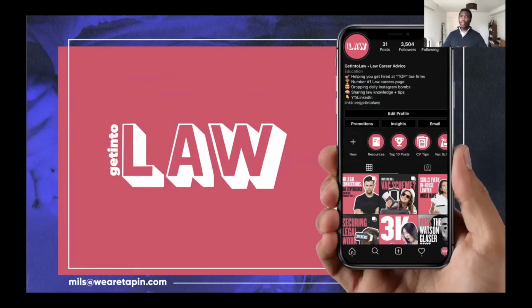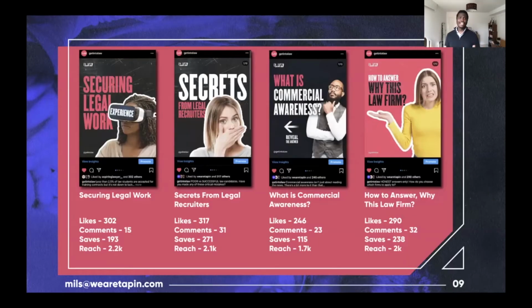And so what we did was that on the 1st of June, we incepted this new page and we inundated it with lots and lots of valuable content around information that you need to actually get into law. And over the course of the last 4 weeks, I think the slide here says 3,500, but I believe as of this morning, we're now on 3,800. And by the end of today, because we're growing at about 150 to about 200 followers a day, we should have hit that 4,000 mark, which would then ensure that we have built a channel from 0 to 4,000 in literally 4 weeks.